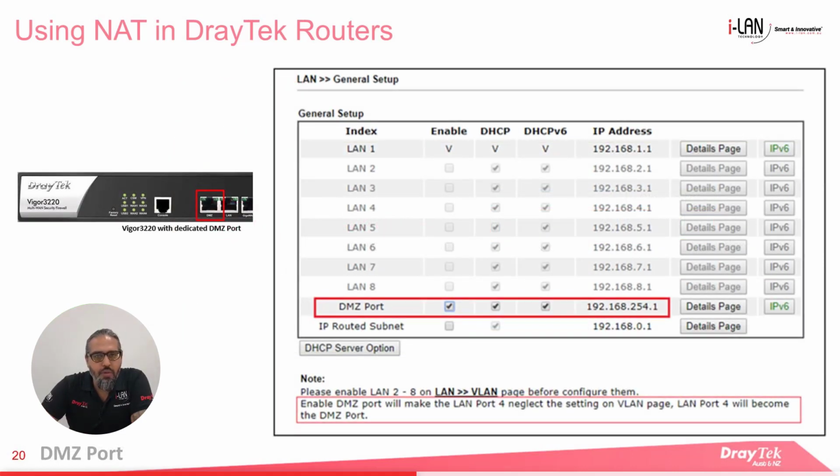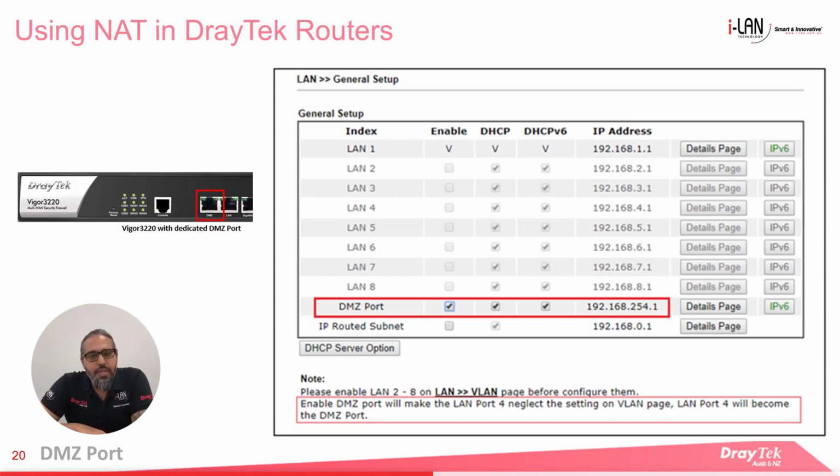An extension of DMZ host is where a router LAN port can be designated as a physical DMZ port with its own subnet. So now any device that's connected to that port will be in the DMZ. This is very useful if you have a large number of devices which need to be in the DMZ. Again, this feature isn't available in all routers. Pictured above me here is the front panel of the 3220 showing the designated hardware DMZ port.